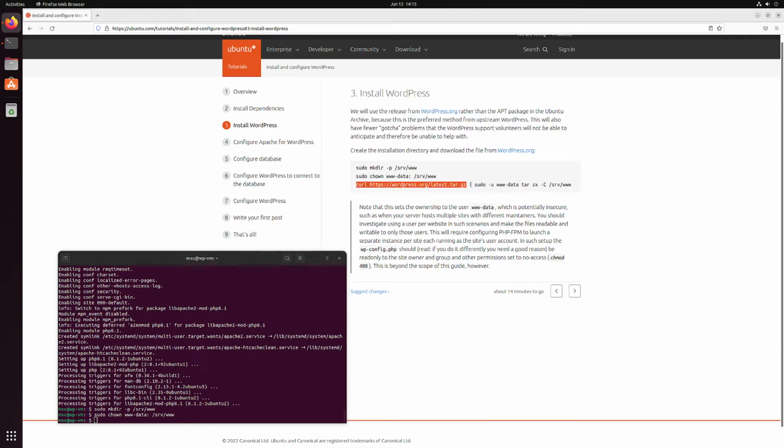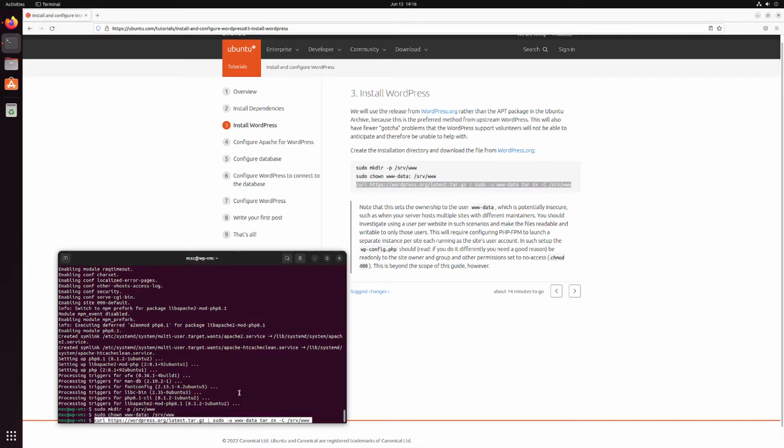This is called a pipe, and it just says take this and output it into that. But we'll do it in two steps. We'll actually use wget. We'll use curl. In fact, I'll do it all in one step just so you can follow along with the